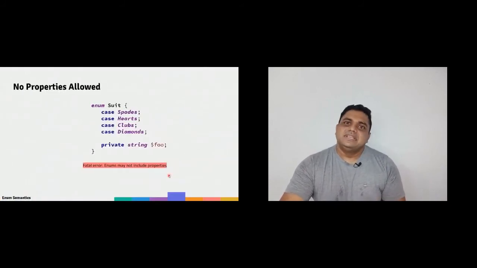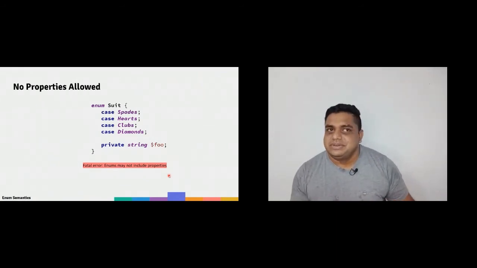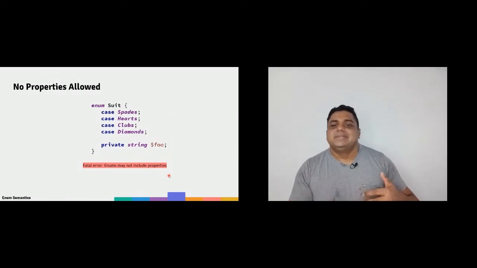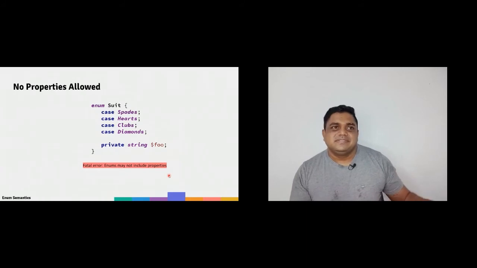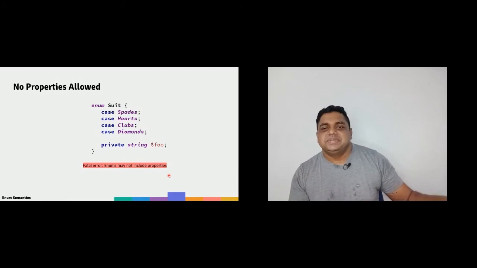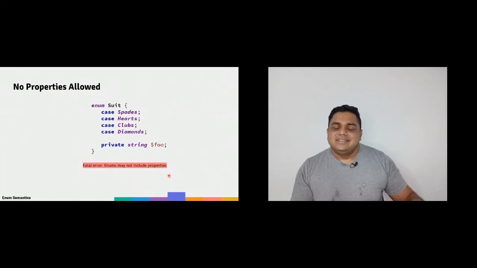And no properties allowed. So again, a difference between class objects and enums. With enums, you cannot add properties whatsoever, period. You cannot add dynamic properties. You cannot declare properties. You cannot try to overcome this with, say, a trait with the property. You cannot add properties whatsoever, not even static properties. There was an RFC that ended last week to bring static properties to enums, but that failed. So no properties in enums.